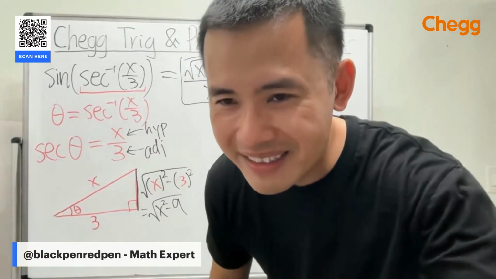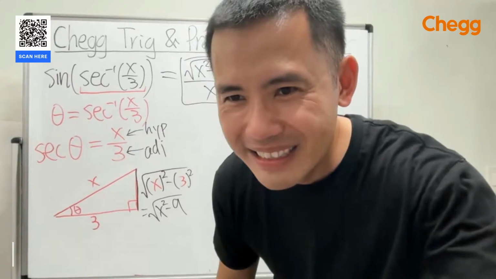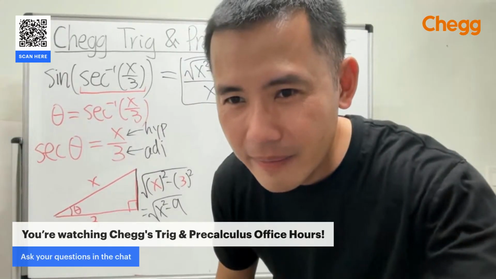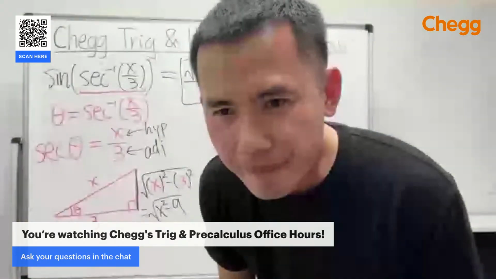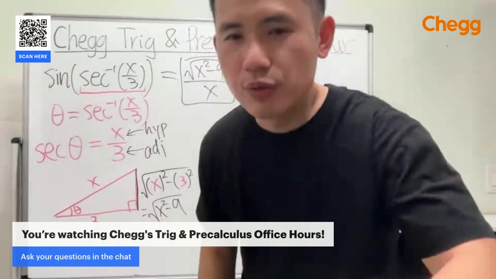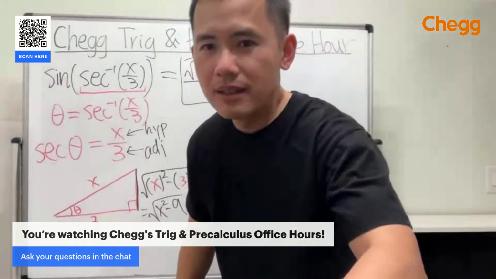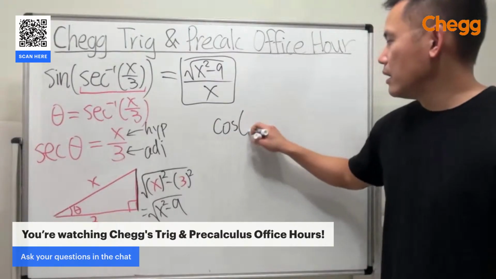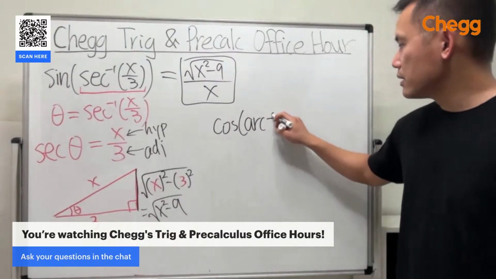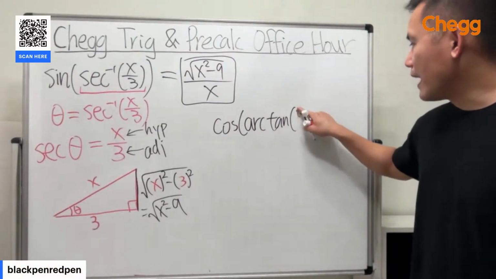Are integrals hard? Yes, they are. Okay. Oh yeah, so you did give me a question: cosine of arctangent of 2/5. Okay, let's do that. I'll do that real quick right here. So if you want to do cosine of arctangent of 2/5,